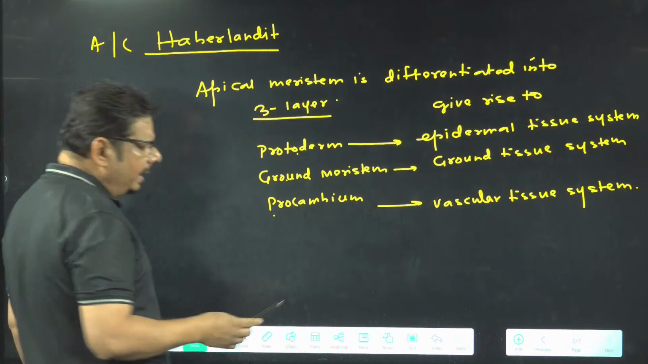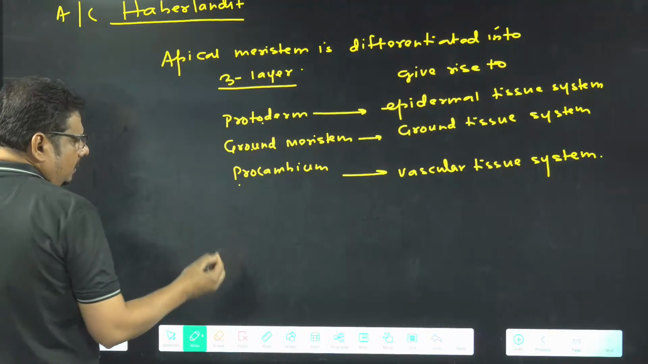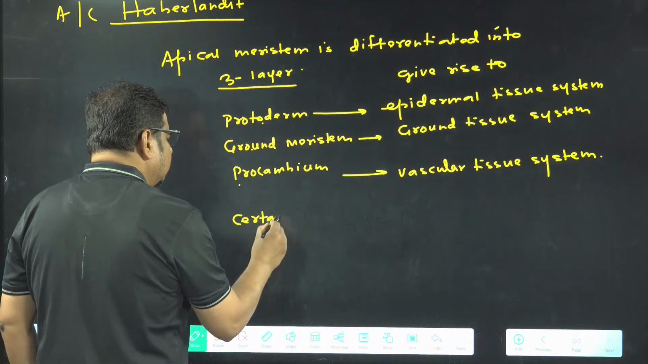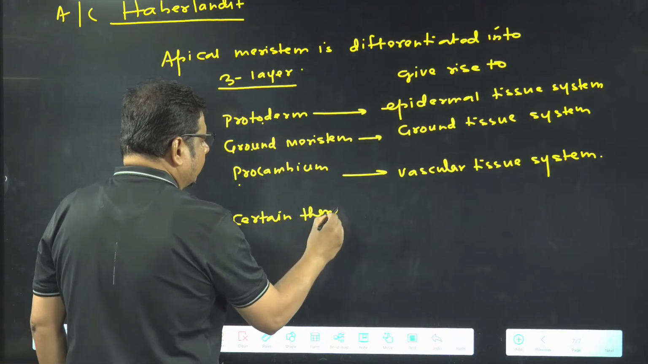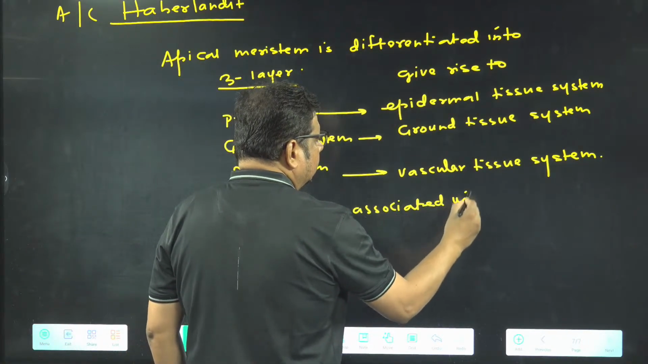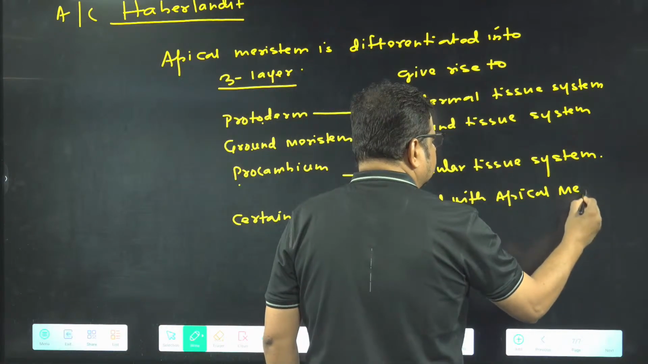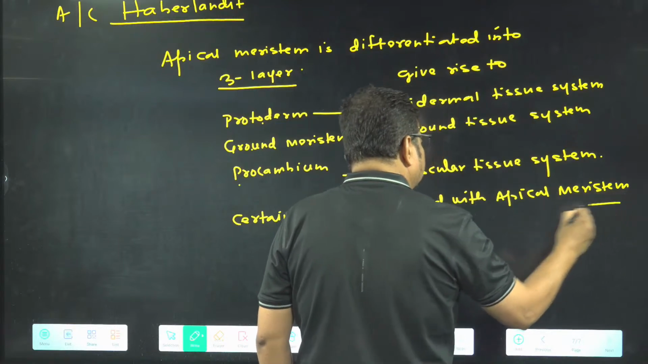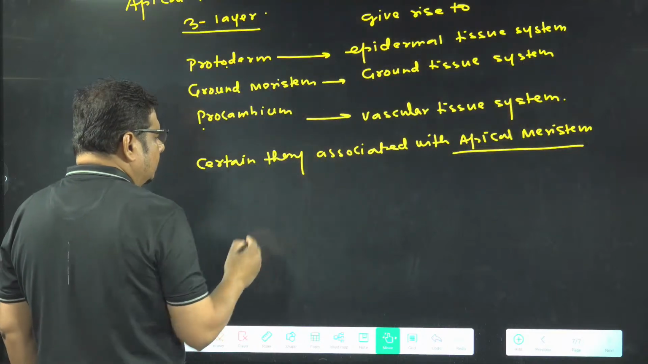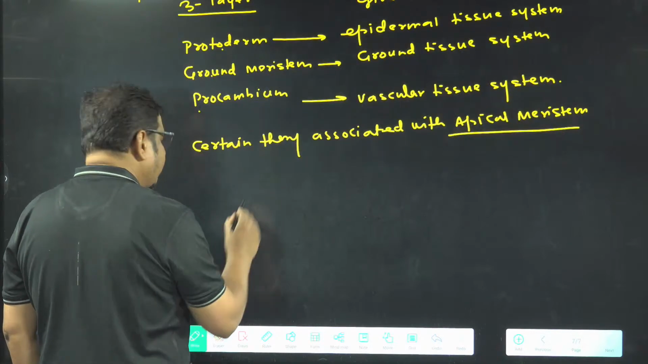Is it? Later on, I am telling, have a look here. Later I am telling certain theories associated with apical meristem. 1-2 minutes I will take in that, then I will come to the NCERT line. Don't worry. So certain theory, and there is a reason to say that. So if you talk about root apical meristem, for RAM,